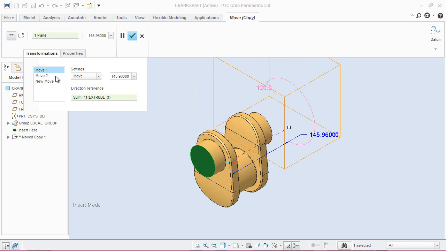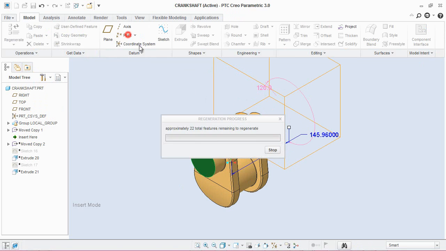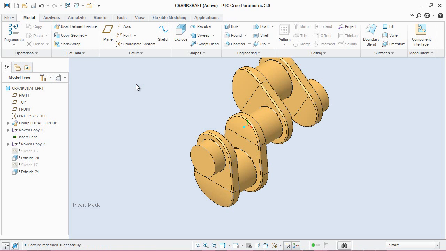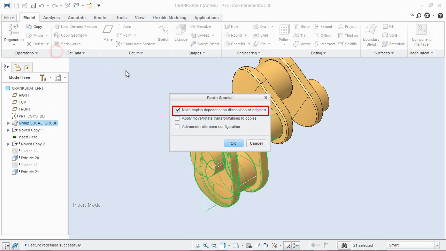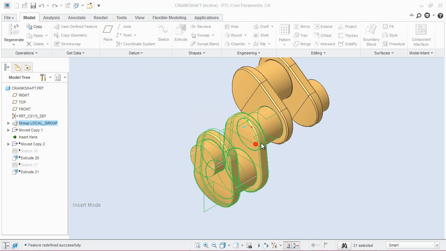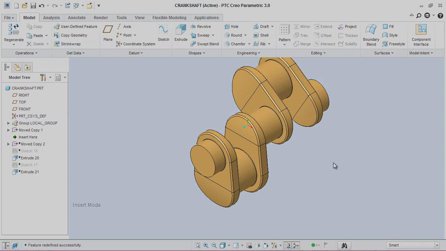Copied feature can be linearly translated or angularly rotated in a specific direction using a reference. We can also apply multiple move and rotate operations to the same copied feature by adding additional references. These copied features can be dependent or not, which can be defined also.